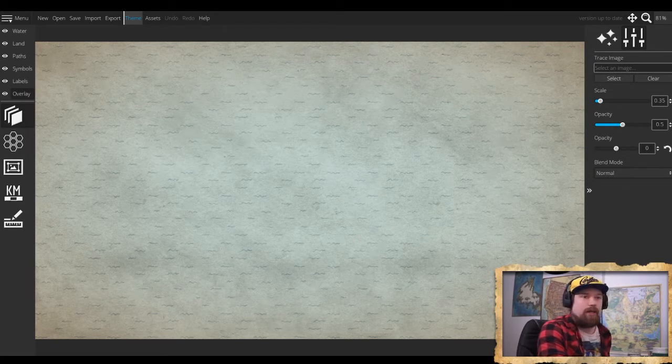Yeah, so today we are working on making our map prettier. We've done the random generation, we've got a map ready to go, and a friend of mine showed me Wonderdraft, and